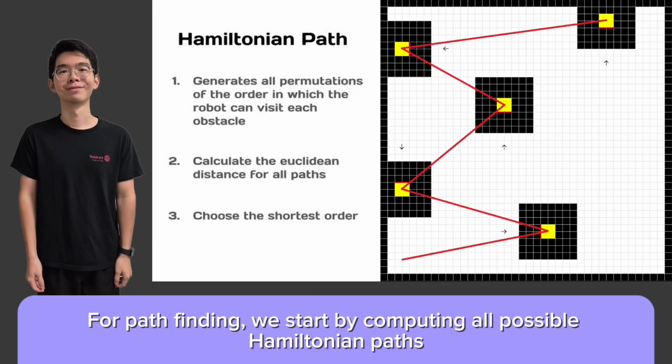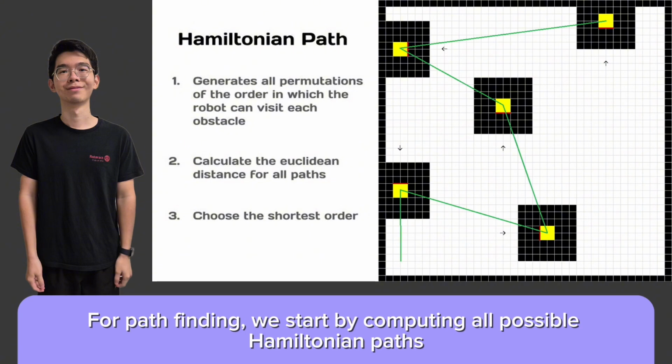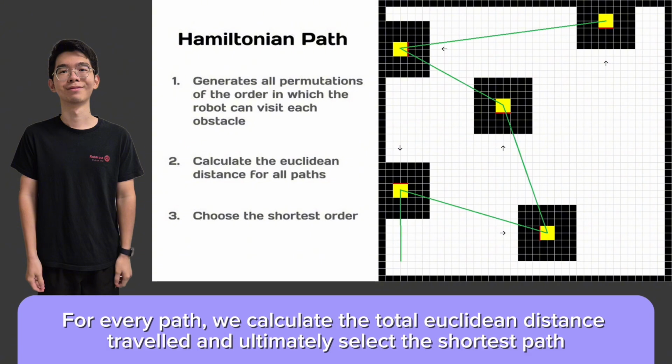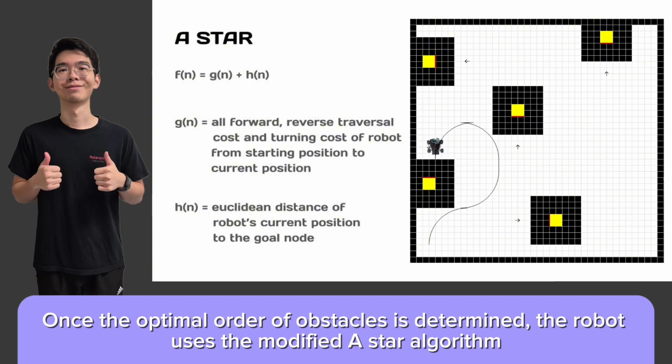For pathfinding, we start by computing all possible Hamiltonian paths. For every path, we calculate the total Euclidean distance traveled, and ultimately select the shortest path. Once the optimal order of obstacles is determined, the robot uses the modified A-star algorithm to find the best path